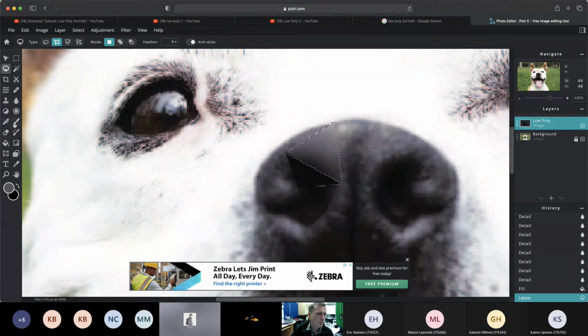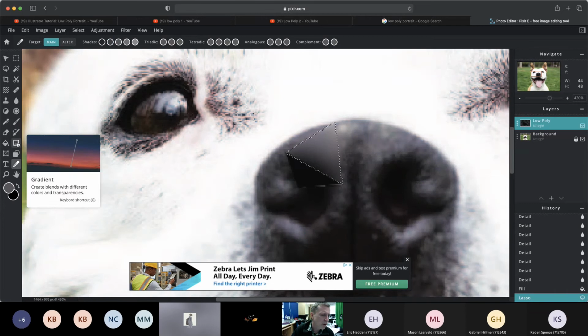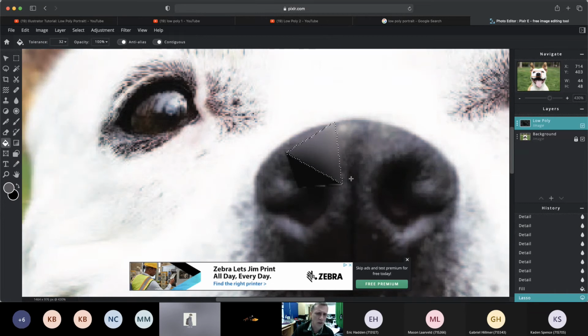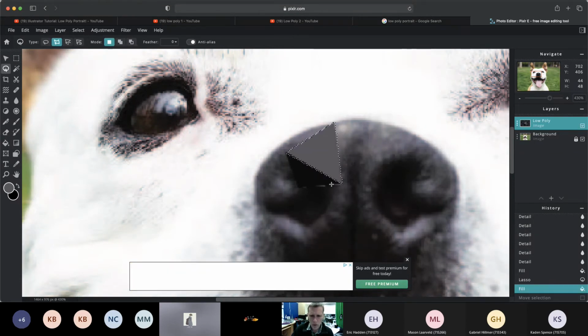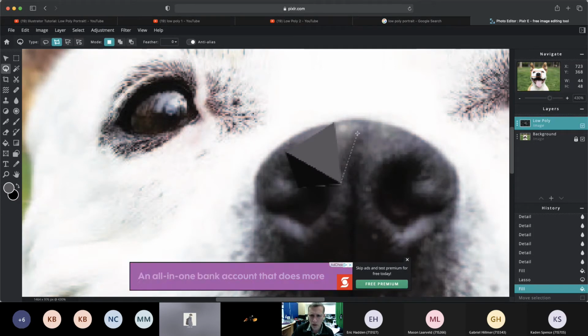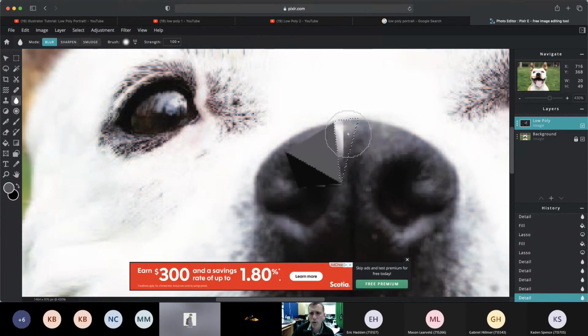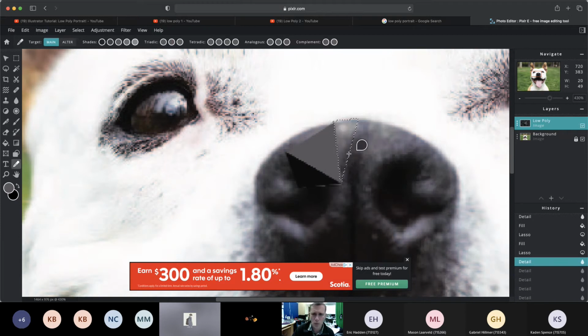Grab the eyedropper, pick it, and they got keyboard shortcuts too. So once you get used to the keyboard shortcuts, it will speed things along. I grab my, oops, do my next triangle here. And again, we weren't doing this in Illustrator, the old blurring thing. But if you want a perfect average, then that's one thing that you can do. Eyedropper, and then